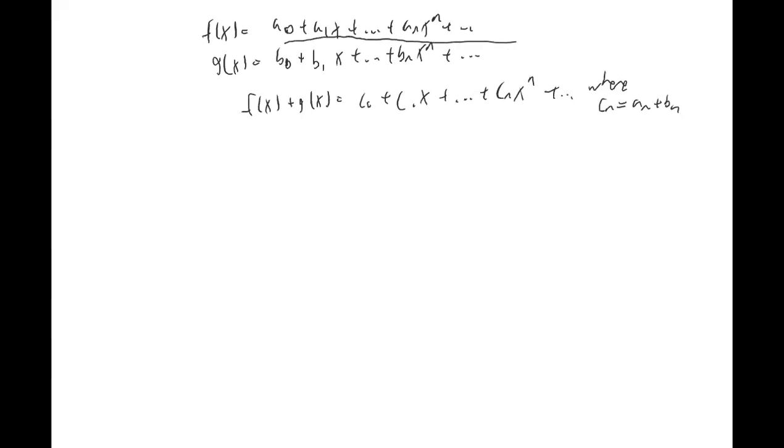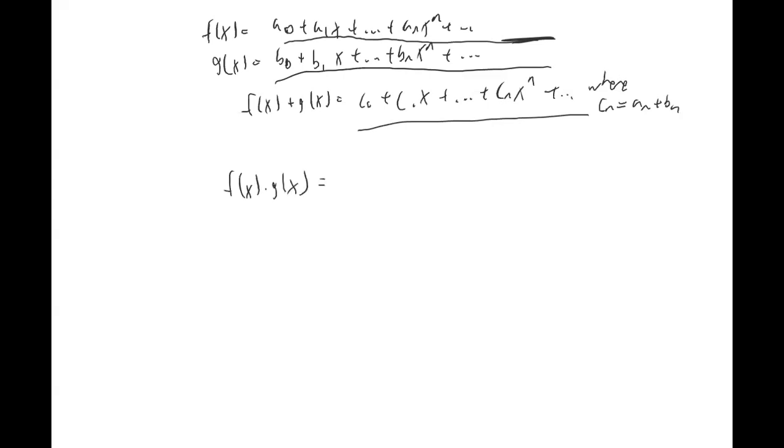If all but finitely many are zero here and all but finitely many are zero here, it's pretty clear that all but finitely many are going to be zero in the sum. And same for multiplication. It's just the FOIL law, you're just foiling, where